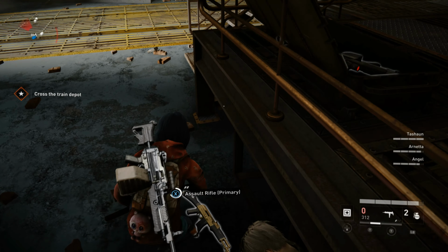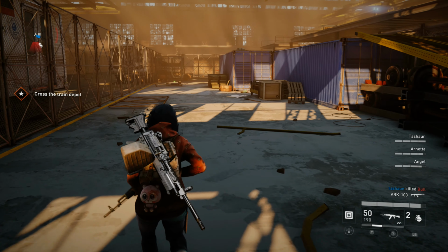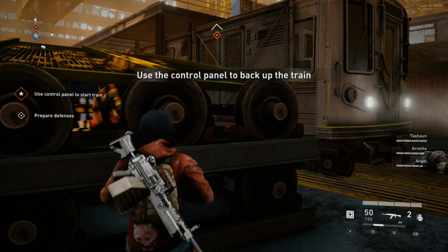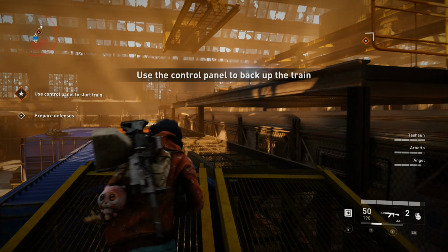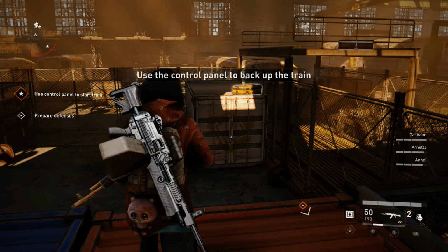I'm going to grab this AK assault rifle and look for some defenses. So basically we need to back the train up and ram it through that doorway so we can get through